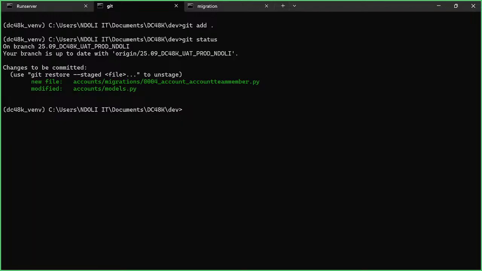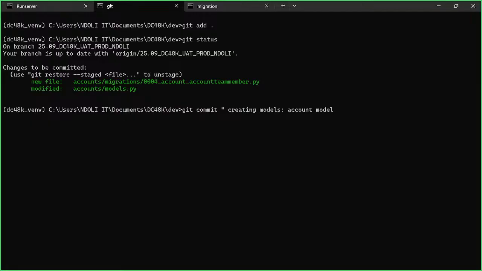Now you have to commit with git commit, creating models, and the model we have created is the Account model,